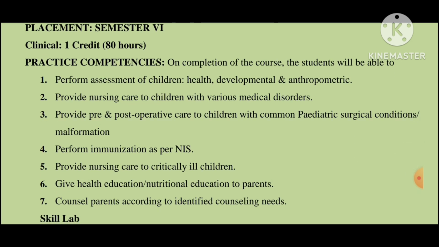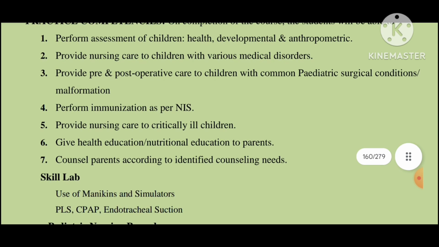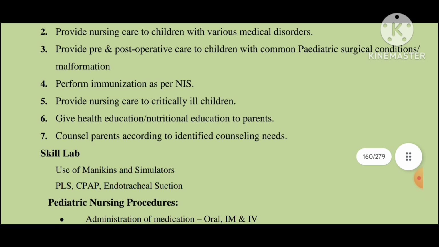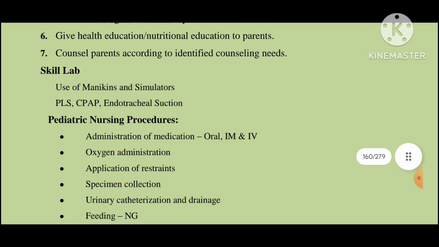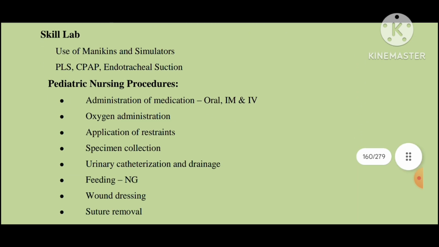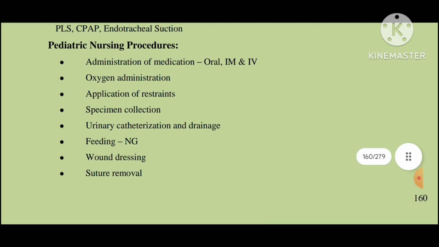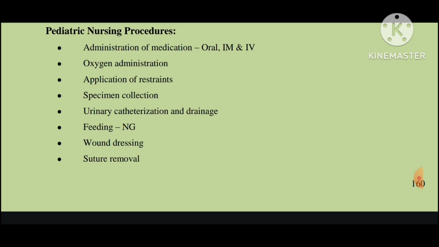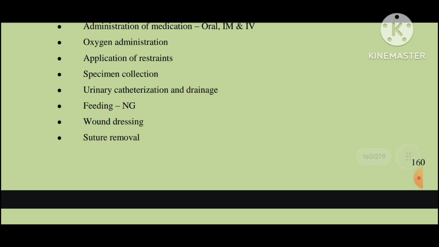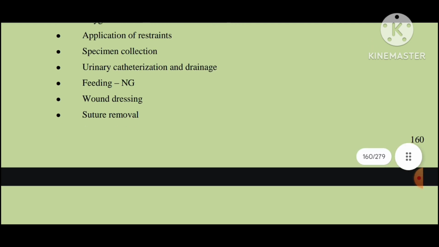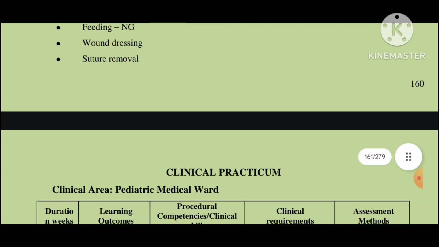The student at the end of the posting will be able to perform health, developmental and anthropometric assessment of children, provide nursing care to children with various medical disorders, provide pre and post operative care to children with common pediatric surgical conditions, and perform immunization. You will have to use the skill lab, manikins and simulators, endotracheal suction. Pediatric nursing procedures that you are supposed to complete during the posting are administration of medication, oral, IM and IV, oxygen administration, application of restraint, specimen collection, urine catheterization and drainage, feeding, NG tube via nasogastric tube, wound dressing and